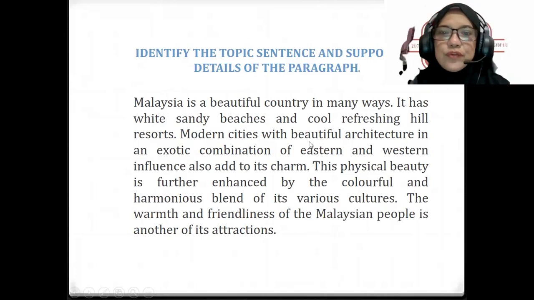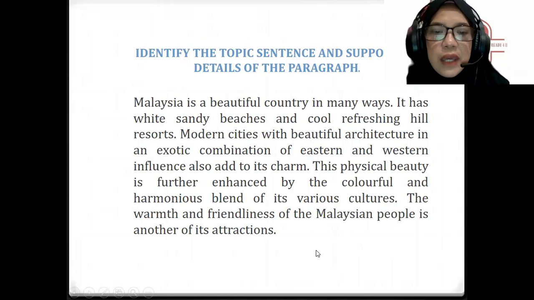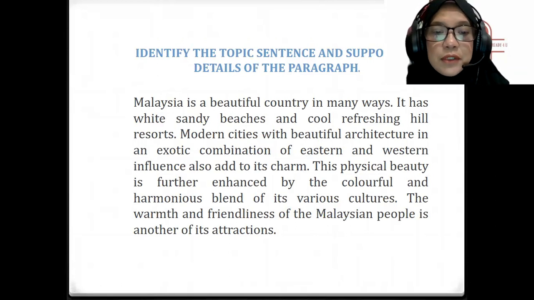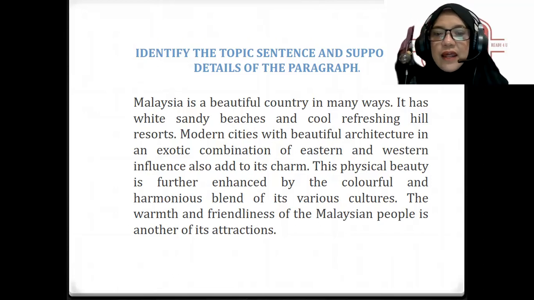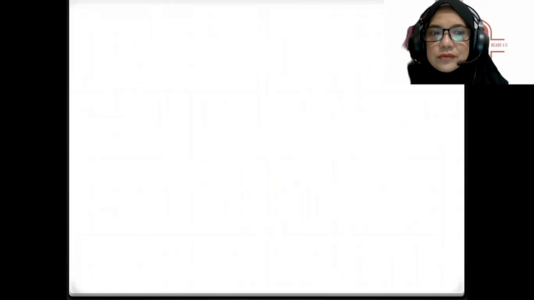Malaysia is a beautiful country in many ways. It has white sandy beaches and cool, refreshing hill resorts. Modern cities with beautiful architecture in an exotic combination of Eastern and Western influence also add to its charm. This physical beauty is further enhanced by the colorful and harmonious blend of its various cultures. The warmth and friendliness of the Malaysian people is another of its attractions. So,